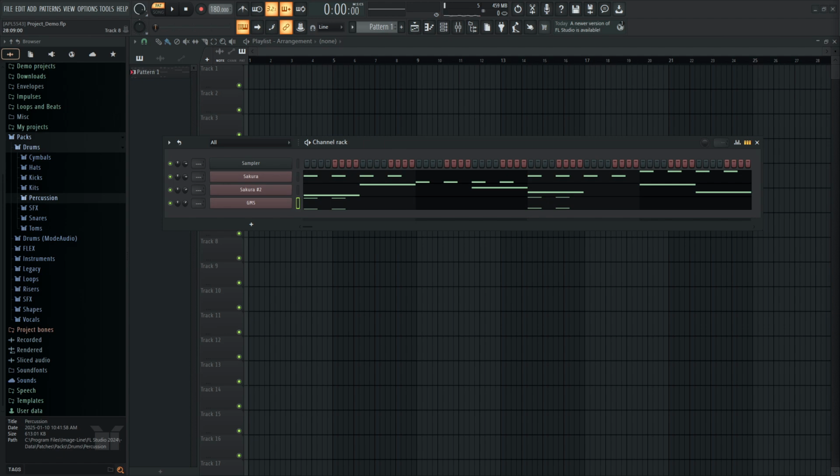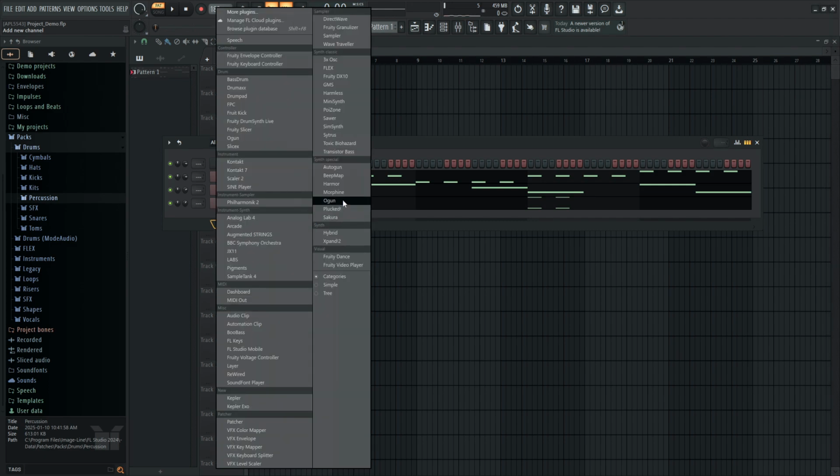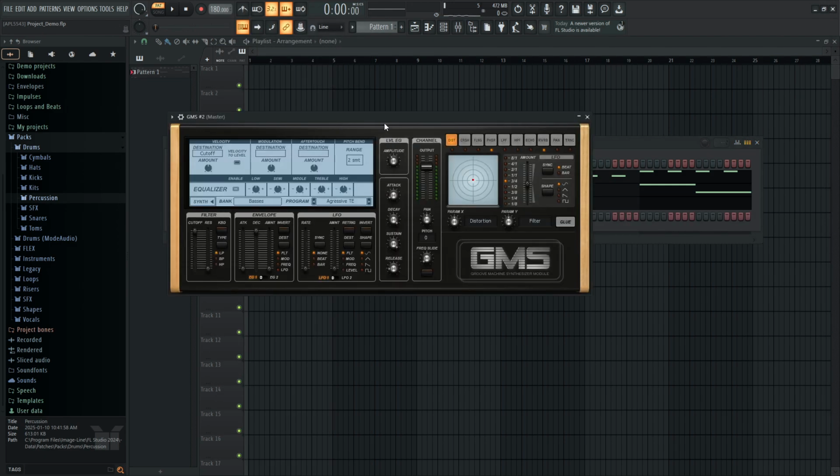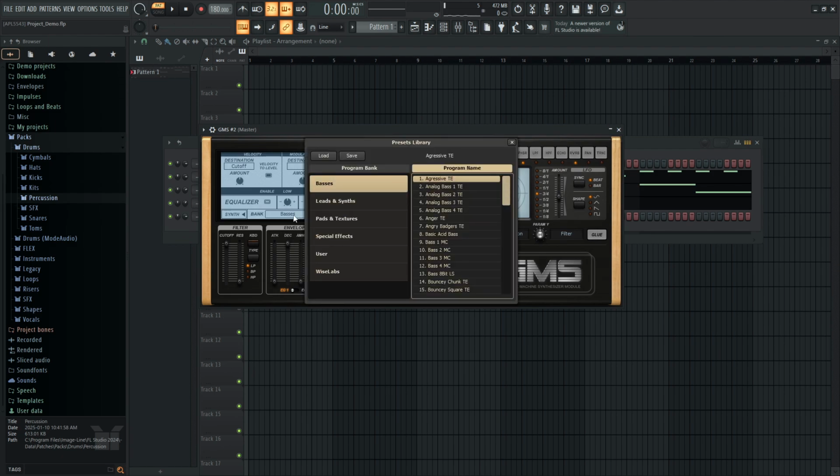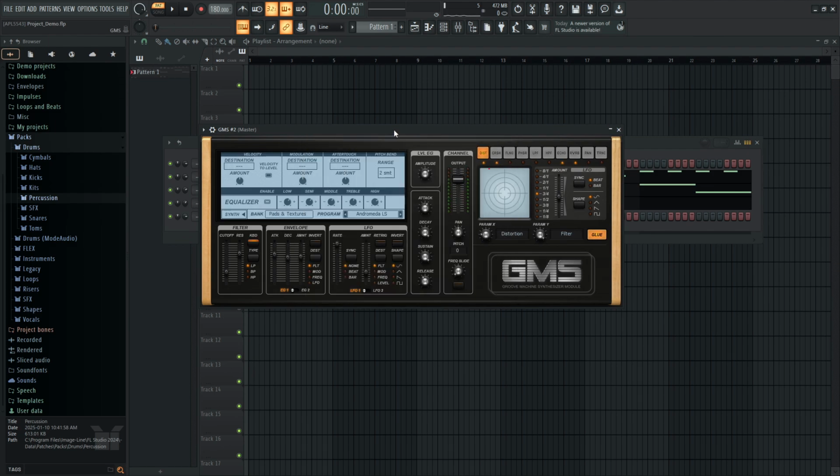So next up, I like to add some sort of pads to fill out the background, because pads can create that atmosphere and depth in your track. I'm going to choose an electronic pad sound to fill that background. So I'm going to go over here, and I think GMS also has some good pads, which I can see. So if I go over here and go to pad and texture and maybe select the first one,